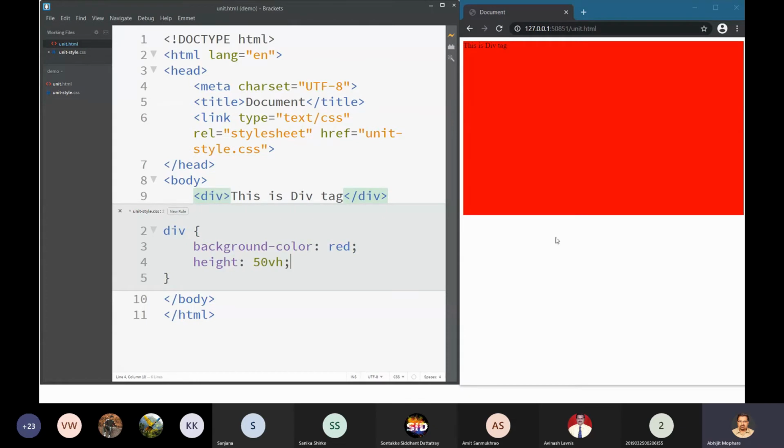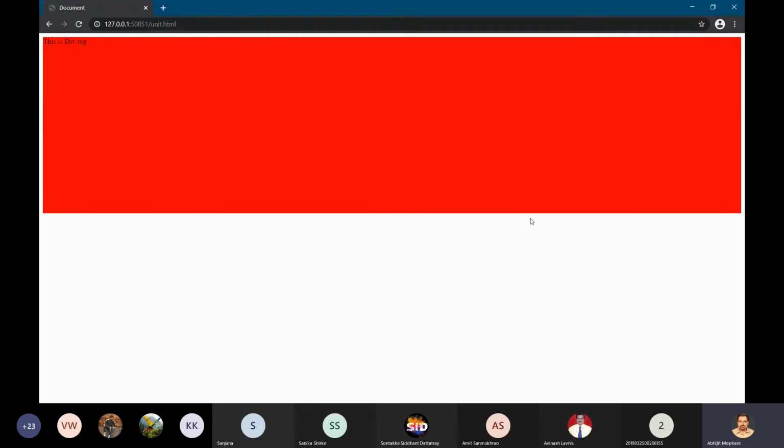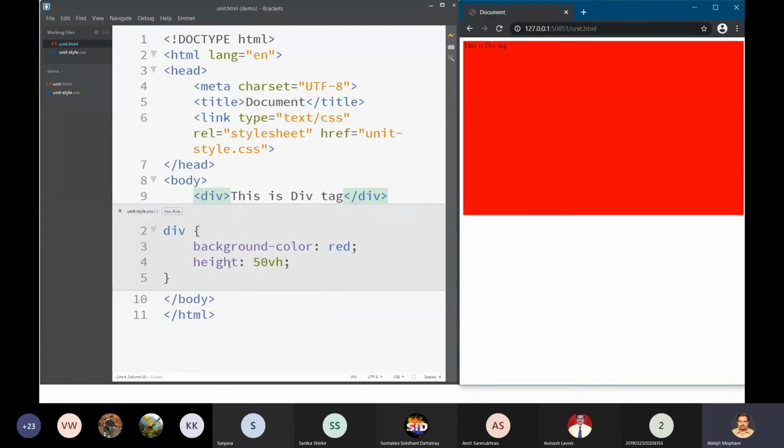As you can see, the div has taken 50% height of the document. I have specified only height and it has taken 50% of the height, because I have specified 50vh. 50vh means 50% of the viewport height.